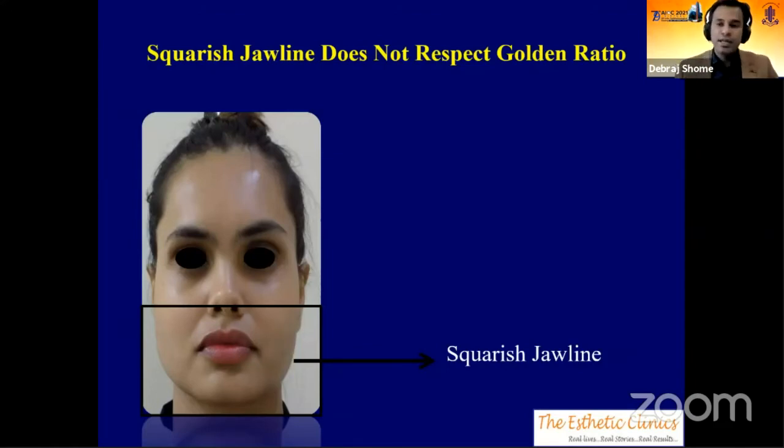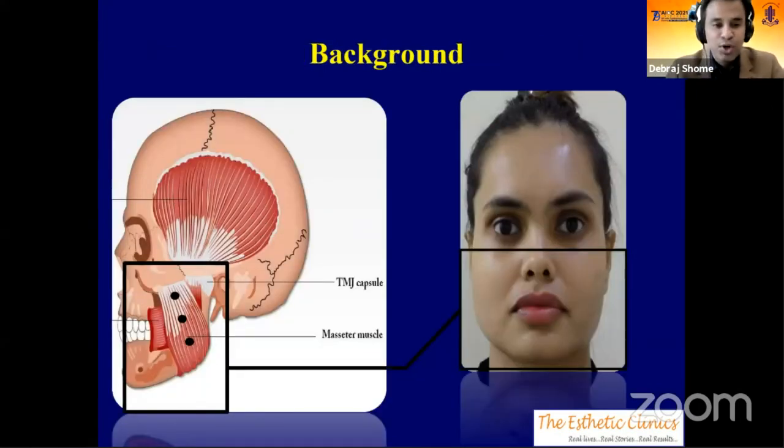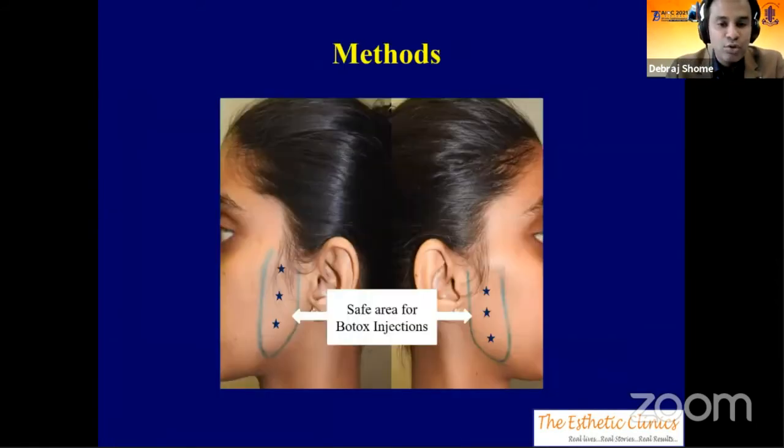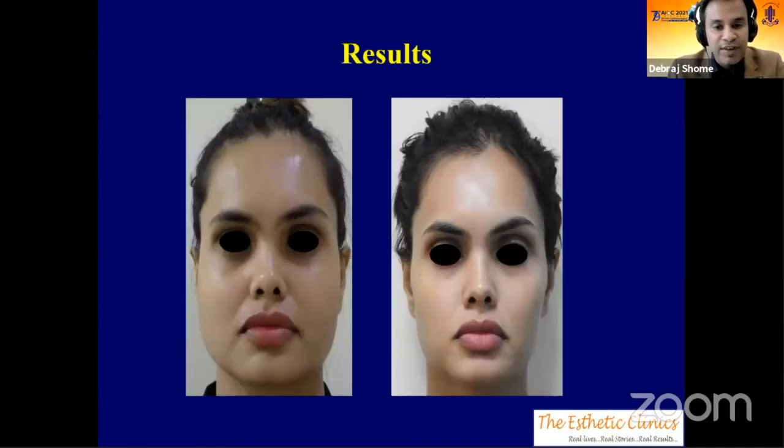As we continue publishing papers and pushing science forwards, we can also see how certain things can be changed. Earlier, whenever you had a squarish jawline, you had to do either orthognathic surgery or masseter stripping surgery, both of which led to a significant amount of morbidity. But what we have seen is that you can actually use botulinum toxin, an off-label use for masseter hypertrophy. What our group did is document where it should be injected, how much should be injected, and how many sessions should be done in order to transform the face completely.